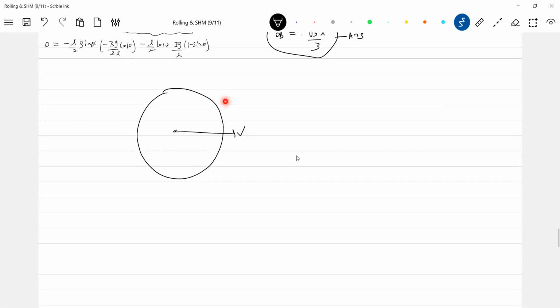So pure rolling. What is the velocity? V equal to R omega. Let this be R. Now, what is the velocity? This is what I'm defining as the instant center. So it will have V equal to R omega, and it will have omega square R. The velocity of point P will be zero. The acceleration of point P will be non-zero. So how come this will become the instantaneous center here?